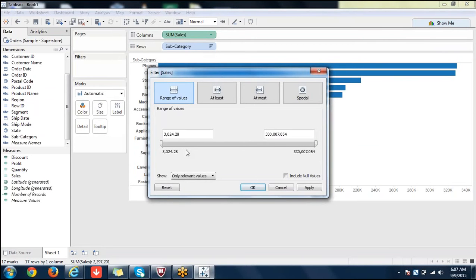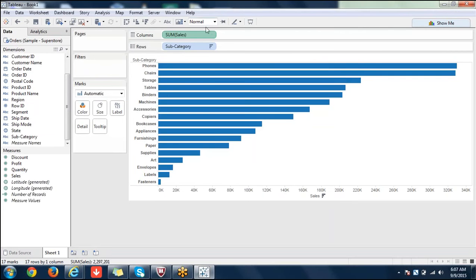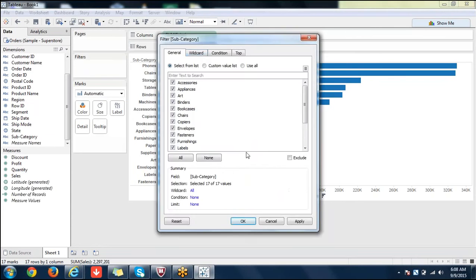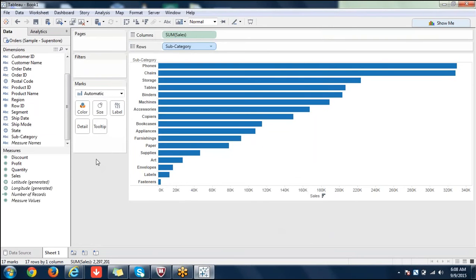That means the filter on measures will always look like this. There is no question on it, no doubt in it. The filter on dimensions will look like this. That means you can do conditional filtering only on dimensions, not on measures. It's like your group by in SQL. There is no change in it.